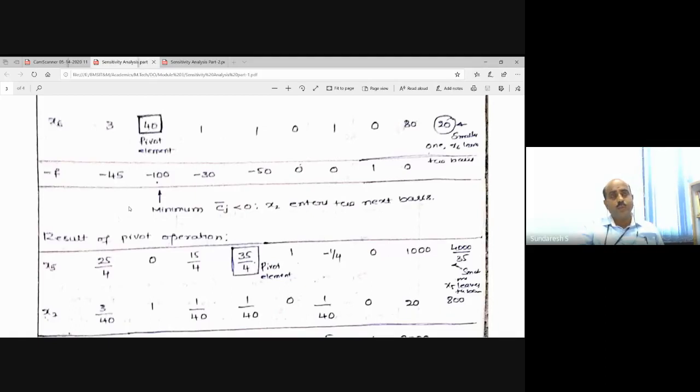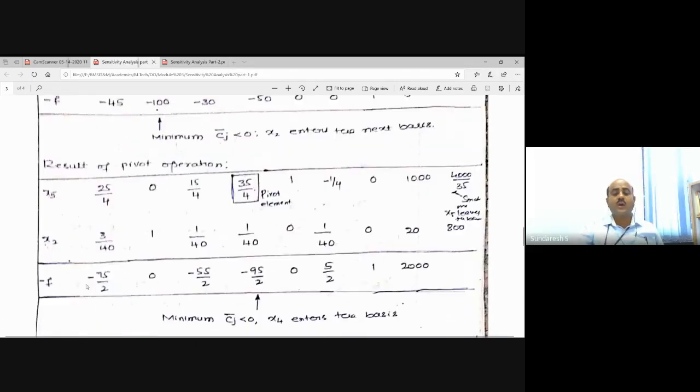I am going to explain this for one pivot operation. The remaining you people have to do, and you have to get me the solution. Please listen carefully. There will be another 2 or 3 pivot operations you have to do until you get positive values in the cost coefficients. Until then, you should keep on doing the pivot operations. Are you clear, everybody?